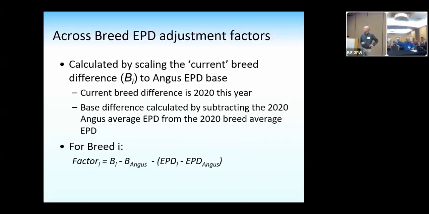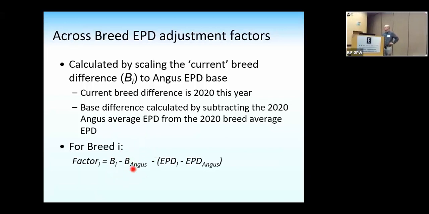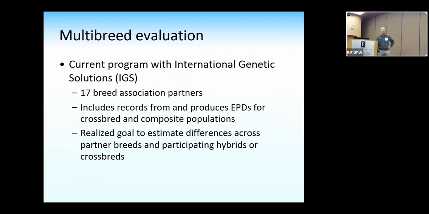Okay, so that gets a breed solution, and then that simply calculates the crossbreed EPD adjustment factors by subtracting that from Angus. Angus is used as a base breed in that, as most of you are aware. And that's also deviated then from the average EPD for the breed in question and the average EPD of Angus. That gets a factor, so that if you add that factor to those EPDs, you can compare them on an equitable scale to Angus. You can subtract those factors if you want to compare to another breed. And I don't think this is new to anybody, but it's just a primer to look at what I'm trying to do with multi-breed and where we go.